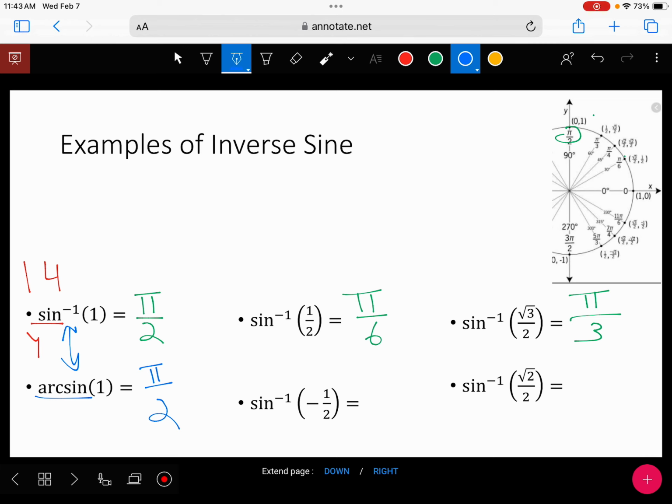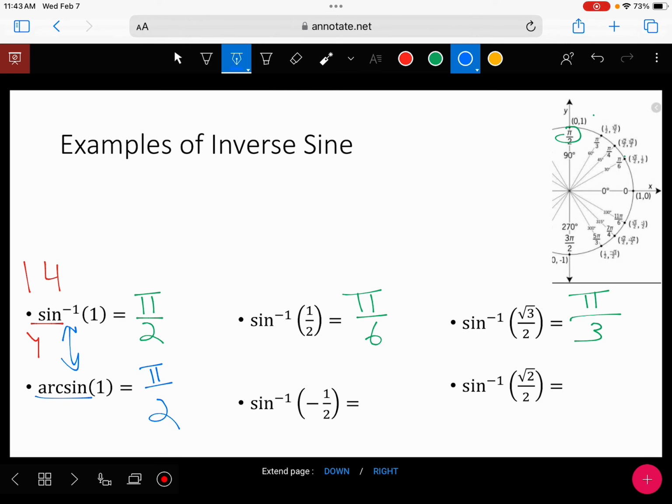So what do we get for this one? Anybody want to share? 4 pi over 3? No. What'd you say, Alexis? Yep, so because it's right here, right? What quadrants do we look at for sine, inverse sine? 1 and 4. Yes. So looking at quadrants 1 and 4,